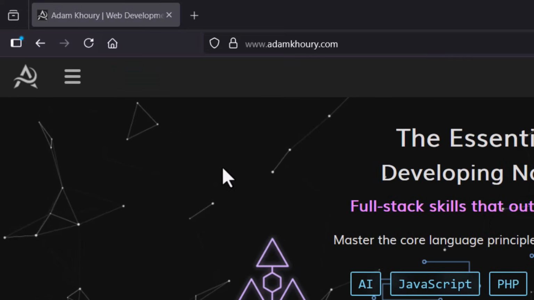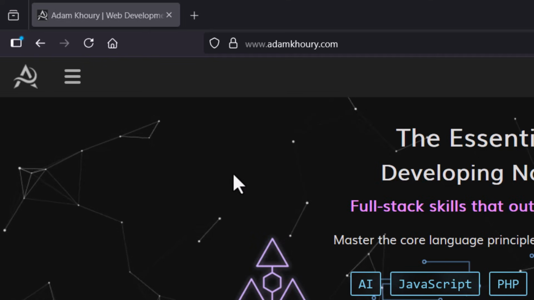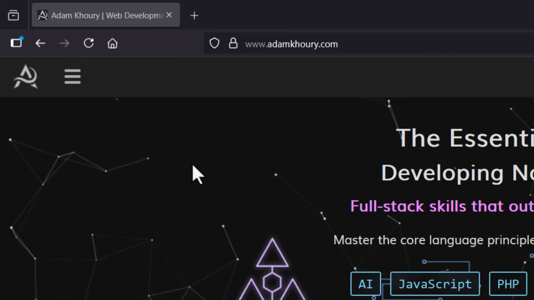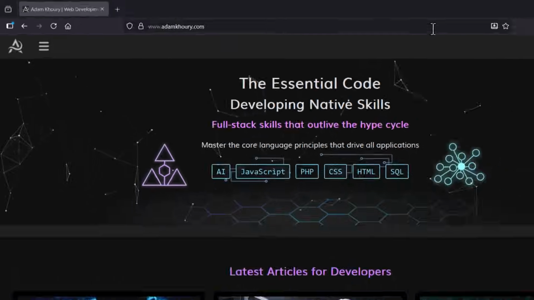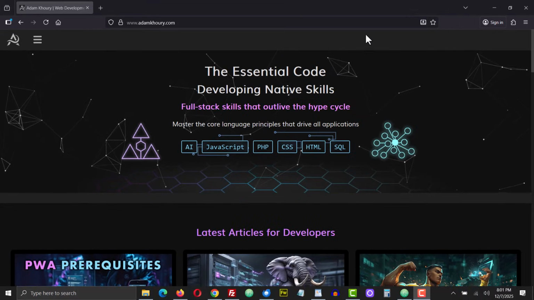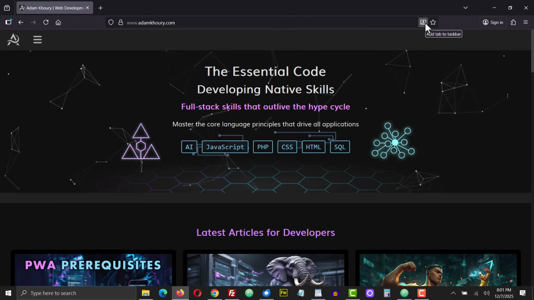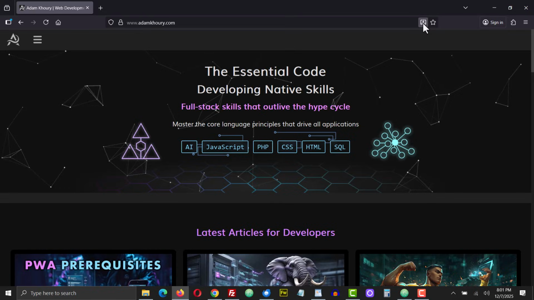Okay, so here I am looking at my home page, or any page of my website. It wouldn't matter which page I was on. But I'm at the home page in Firefox, and you see no button. In order for the user to install it in Firefox, you'd have to press this, which is an Add Tab to Taskbar button in the address bar. If you click that,